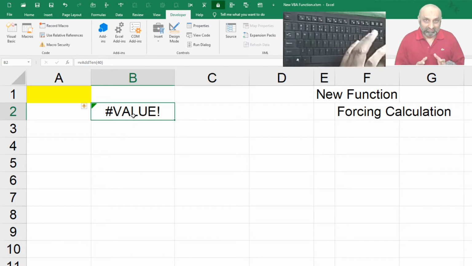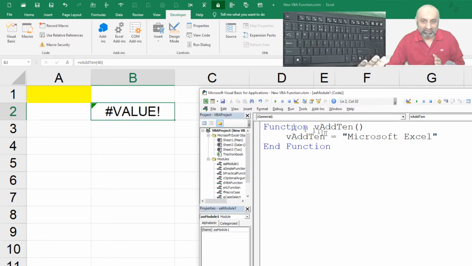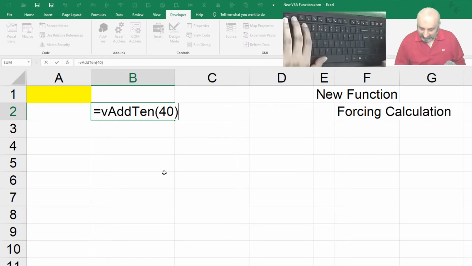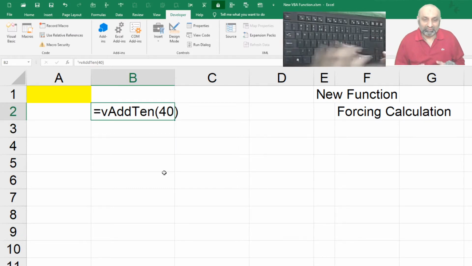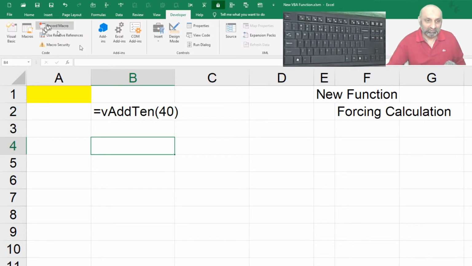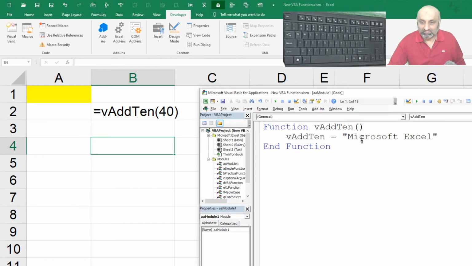Within the brackets, I am sending a value to VBA. But in VBA, in the brackets, there is no value to catch. You see, here I am sending a value within the brackets, that is 40. But in this bracket, there is nothing to catch.